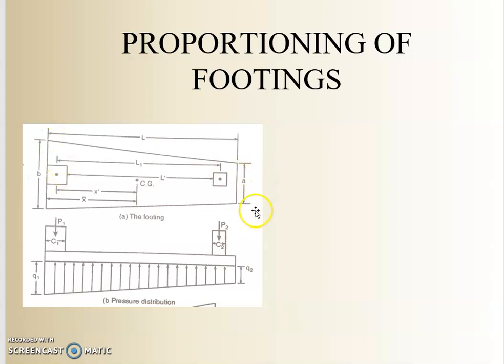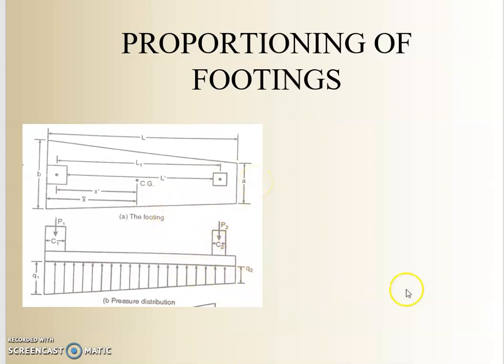Also we can see the size of the footing. The area that is supporting this particular column is much bigger than the area that is supported here. So that's how we know that these are two different columns having two different loads. What we're trying to do is find out the dimensions of this foundation. That is called proportioning of the footings. So we're trying to find out the value of this B, the value of this A.